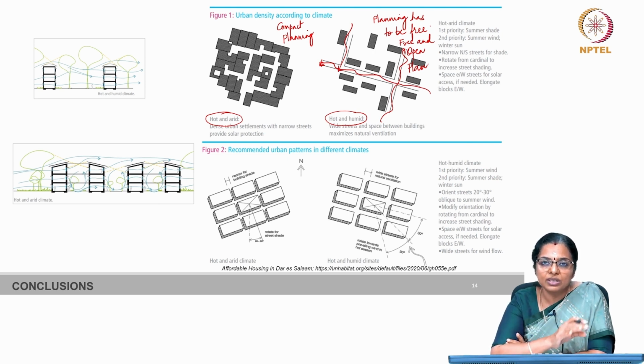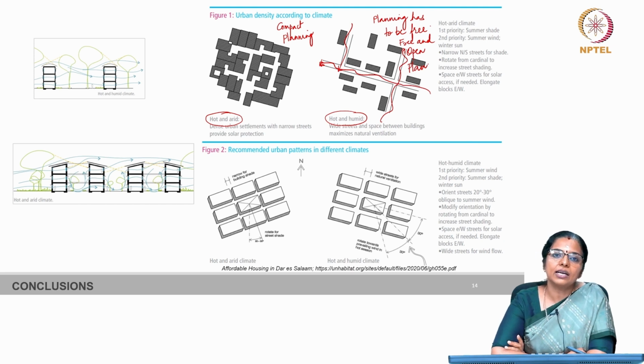If we are able to design the building properly with planning as an important feature, then the load on electricity can drastically come down. Therefore, to achieve sustainable housing, it is important to build considering the prevailing climate condition with planning as an important strategy. With this, we will stop this class and we will